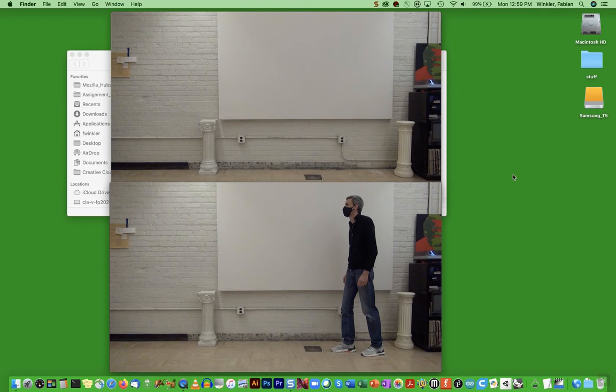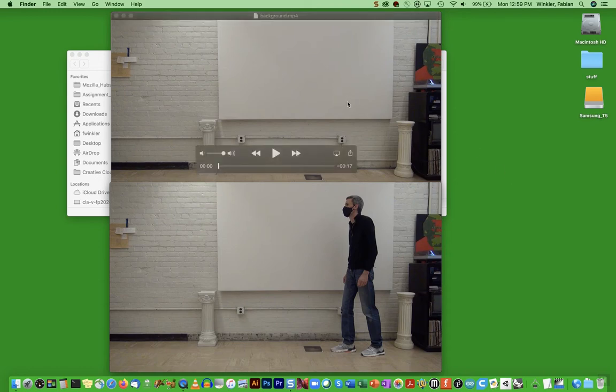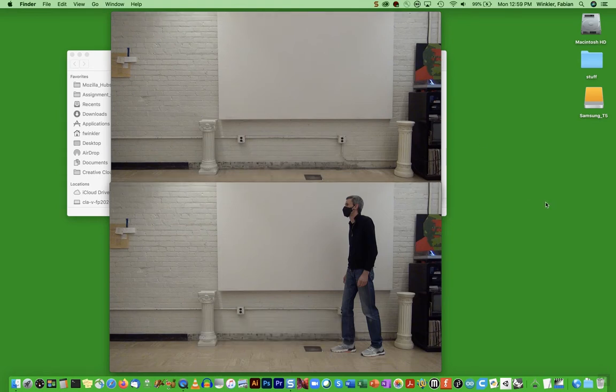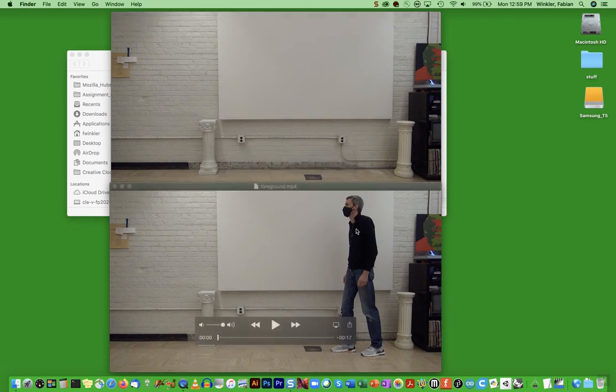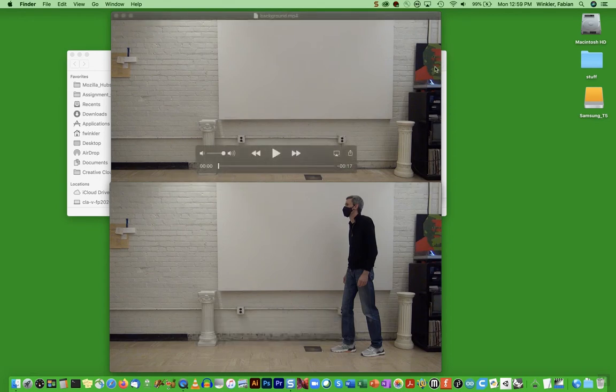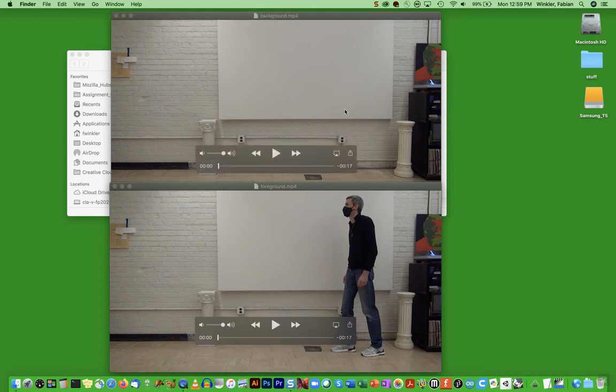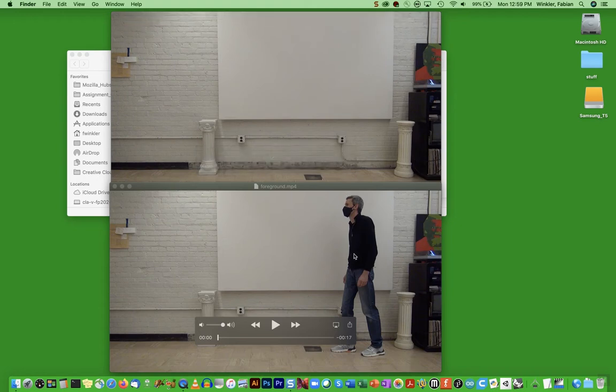As the name implies, it basically compares two frames from video files in two different tracks. So this would be my background track right here. And then my second track would be the foreground track right here. And it basically looks at differences of these two video images. And you see that there's lots of similarities in both of them where nothing is changing. The background is staying the same. But there are certain parts that are different, mainly me being inserted in the frame right here, that we can